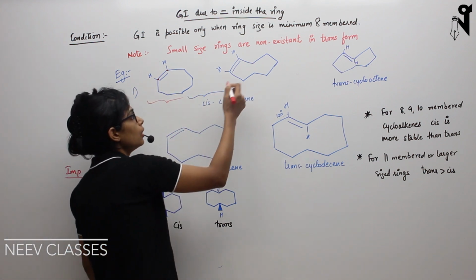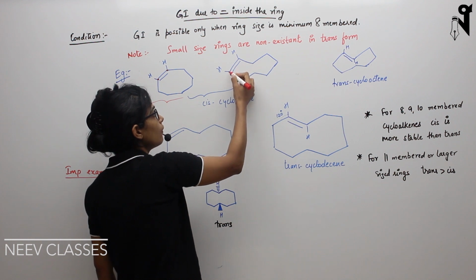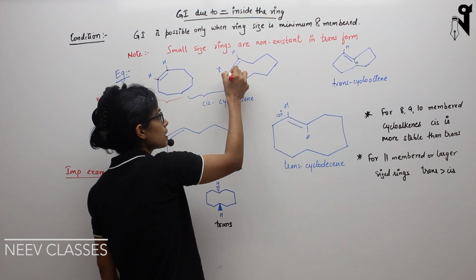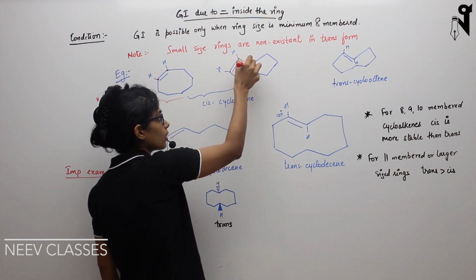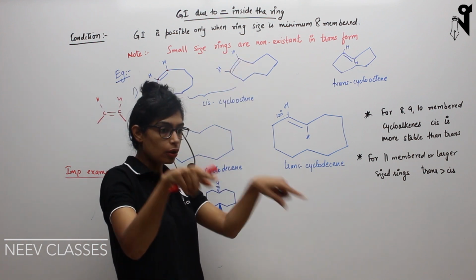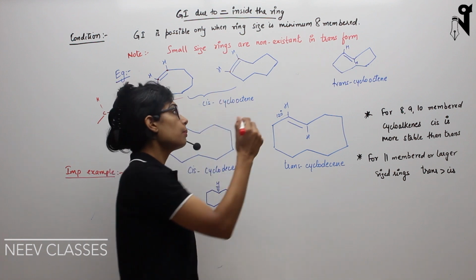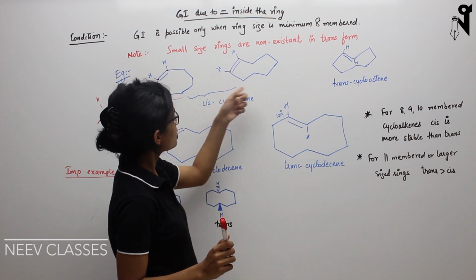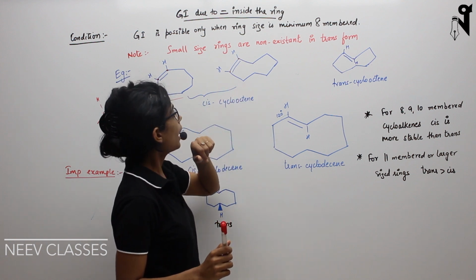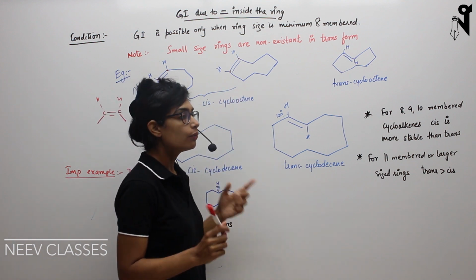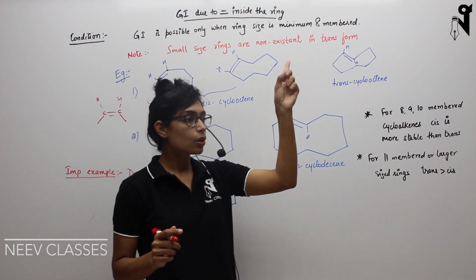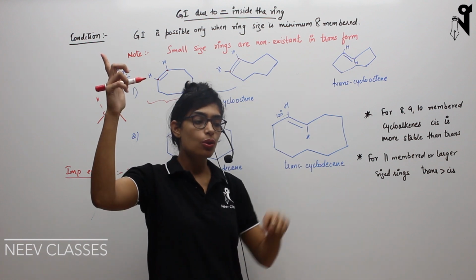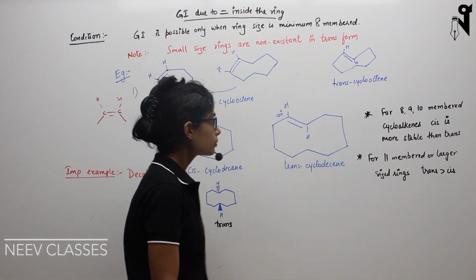Now cyclooctene can be written this way also. If I take these two carbons as the reference, this carbon has one R group down here and another R group down over here. So both R groups are down, so both hydrogens are up, and this form is called cis-cyclooctene. Now look at the same structure and try to see if we can form trans over here. What do we require for trans? One R group should be up and another R group should be down. Similarly, one hydrogen should go up and another hydrogen should go down.